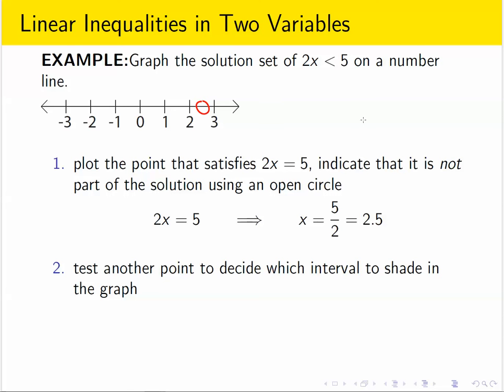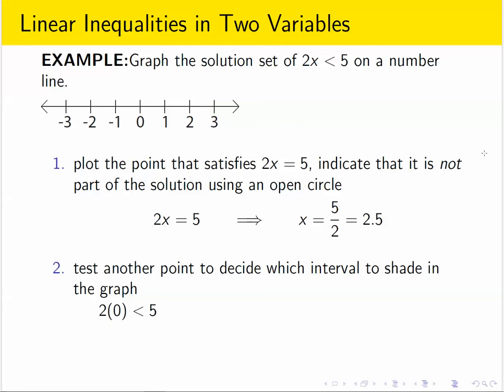And we have to decide which side to shade. And the easiest way to answer that is to test a point, to evaluate this inequality with another number plugged in. You want to pick something easy, and usually picking something like 0 is easy, so we'll